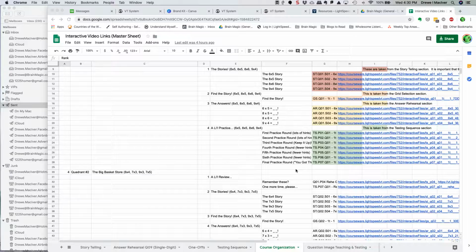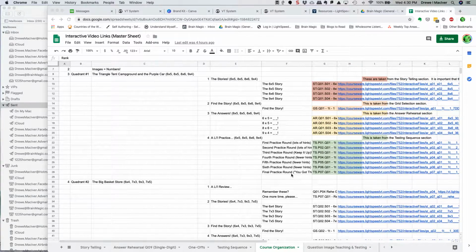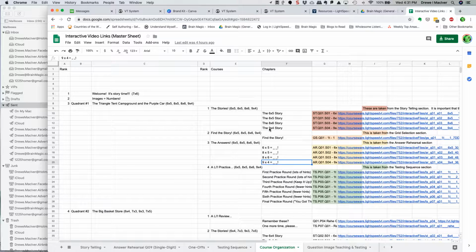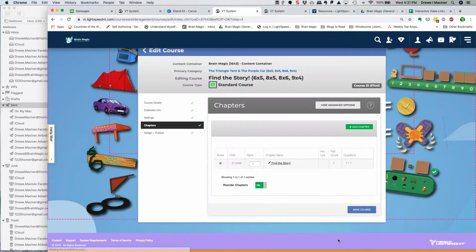I have one more adjustment, a different way of doing things that I'd like to tell you about, and it happens to deal with how we set up the very last chapter in each course. It's the settings for that. So what that is, for every single final chapter,